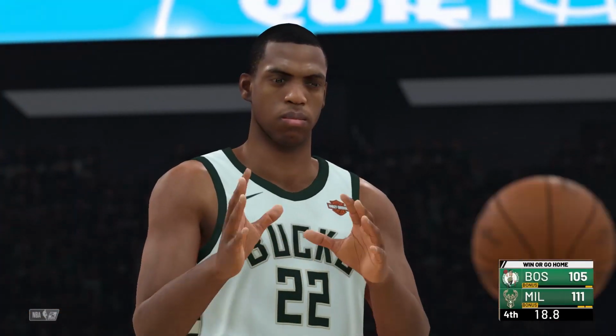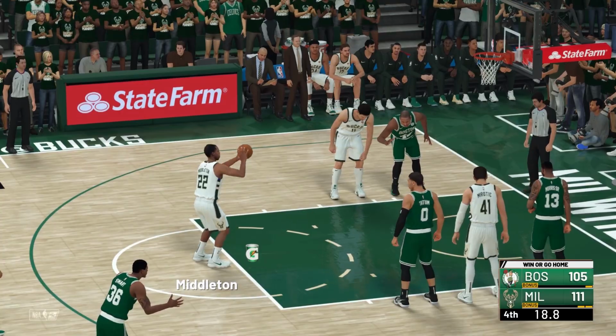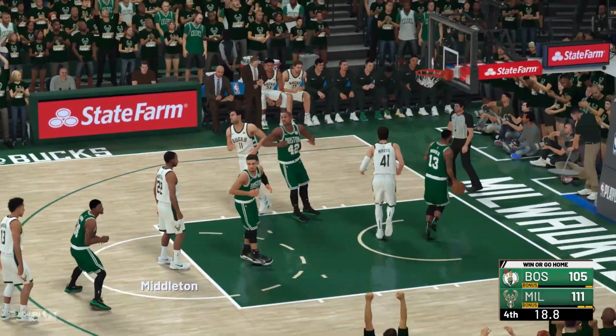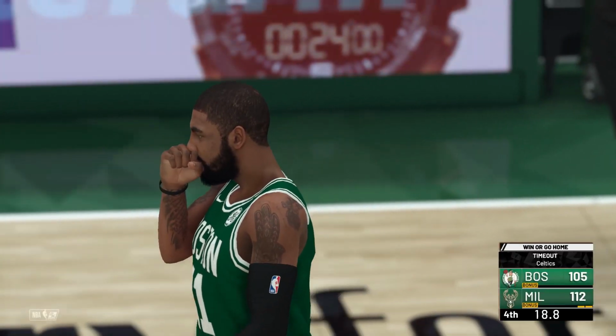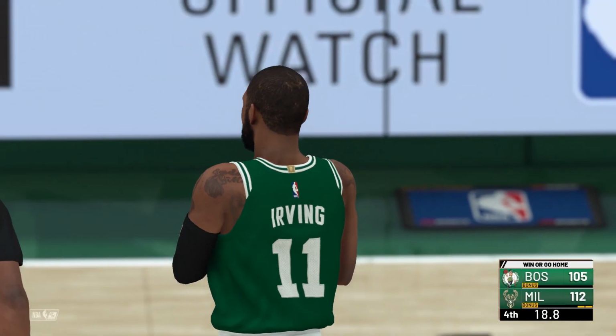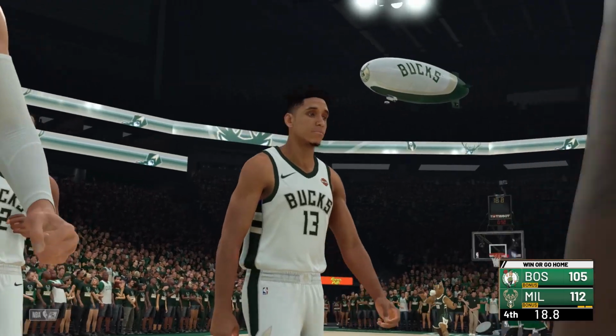Okay, he makes the first one. Making it a 6-point lead. The second would maybe be a dagger there. Yeah, so 7-point lead now. The Boston Celtics will call a timeout. Who knows, this might be a dagger, or Kyrie might come up in the clutch here and hit a couple